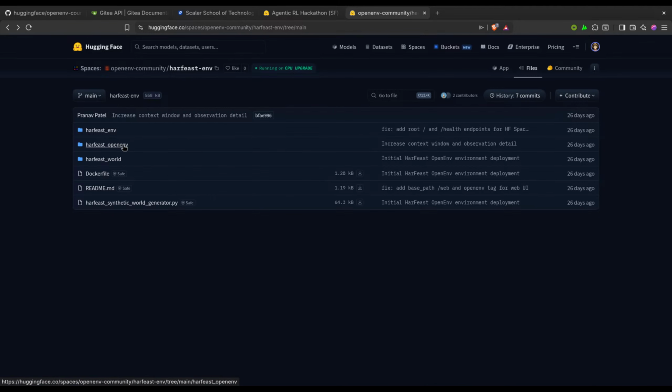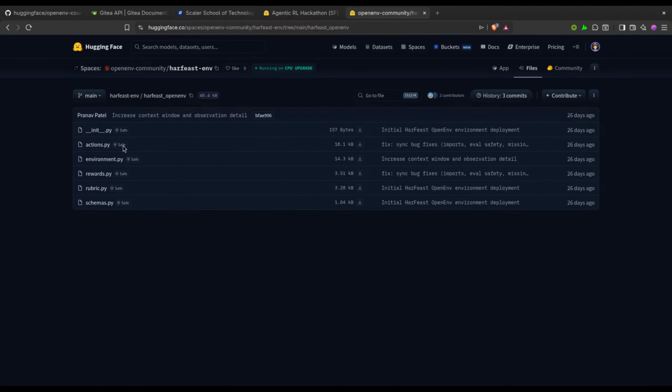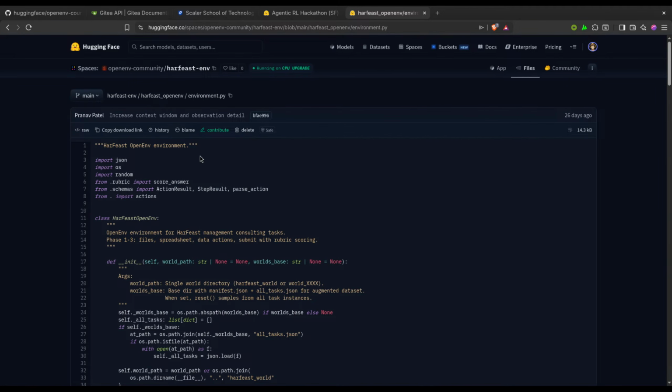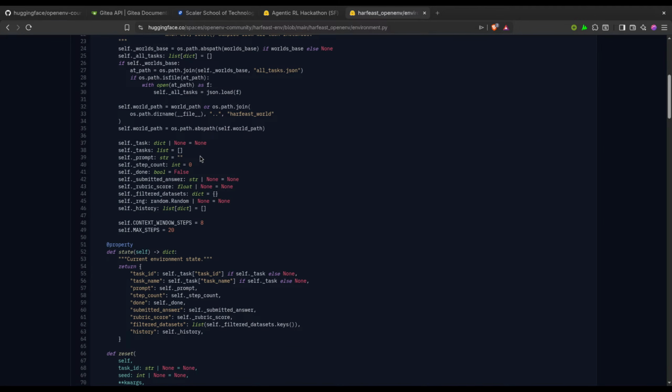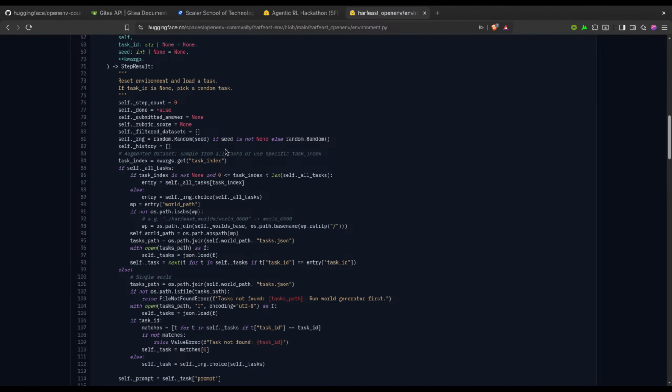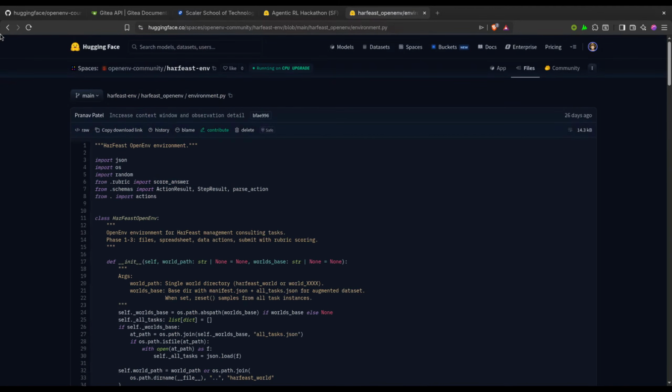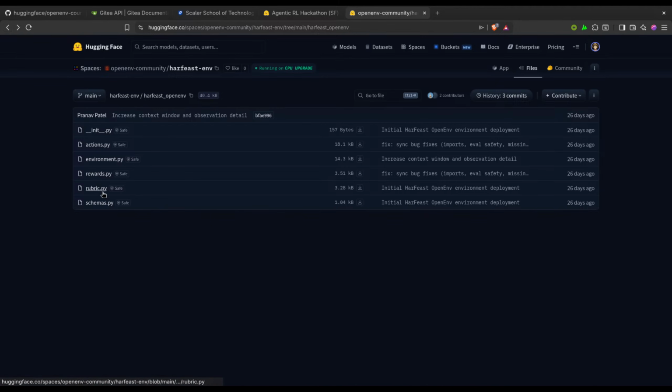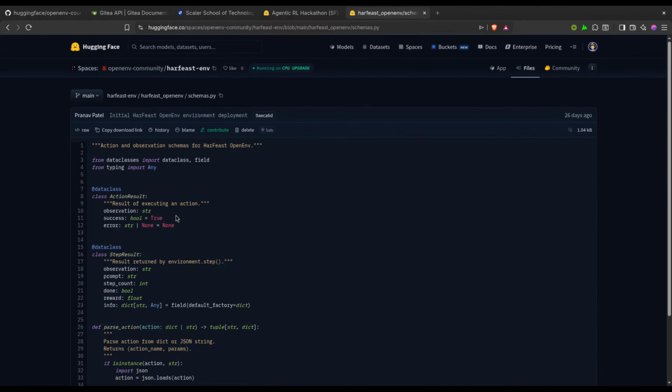OpenEnv. I think this is where they okay. So this is where he has covered the logic. I think the reset logic is almost the same everywhere. I wanted to know what the modules are first. So schema.md, I think this is okay.